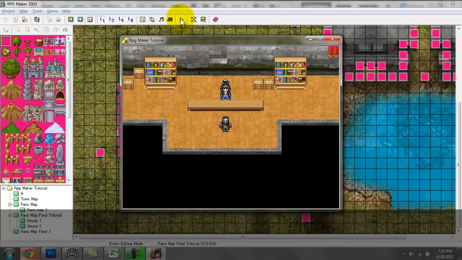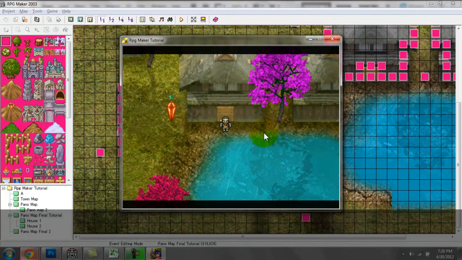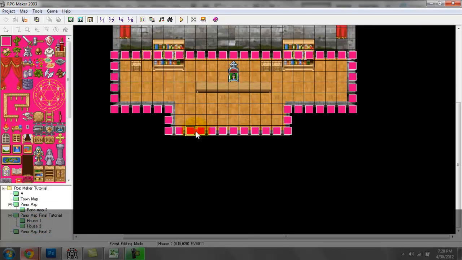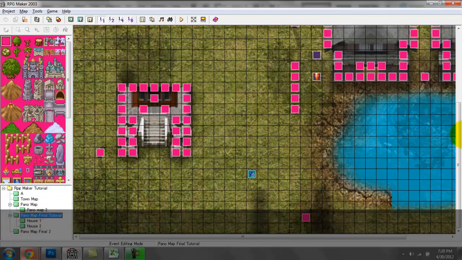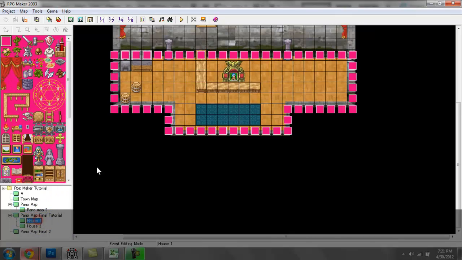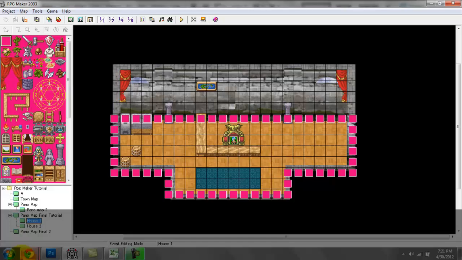And if I walk down here, I have some teleport events placed on the bottom. So if I walk down here, the hero appears back on our original panorama map. So you can see here I have some teleport events, and I just copied and pasted these down here. So if the hero passes down, he'll teleport to this map. And yeah, so these maps utilize